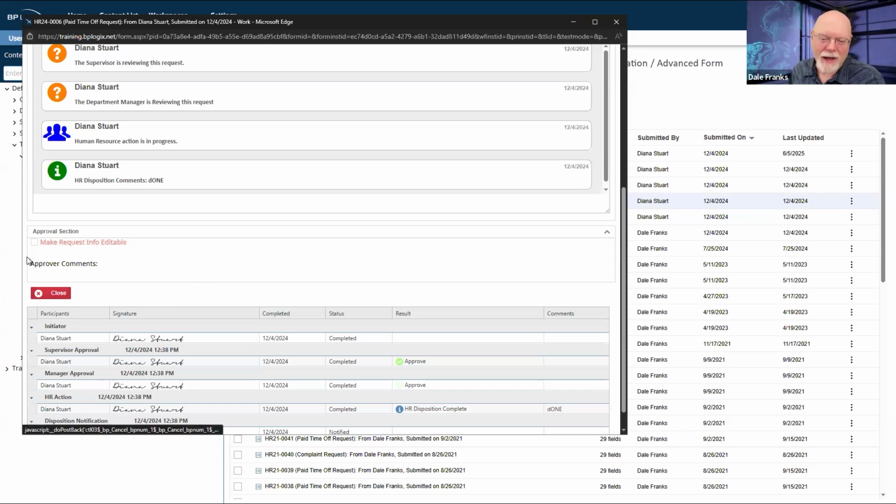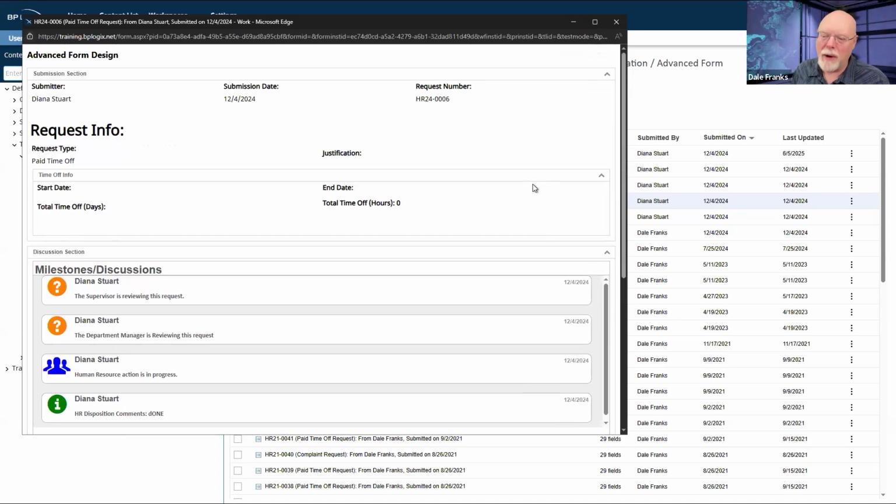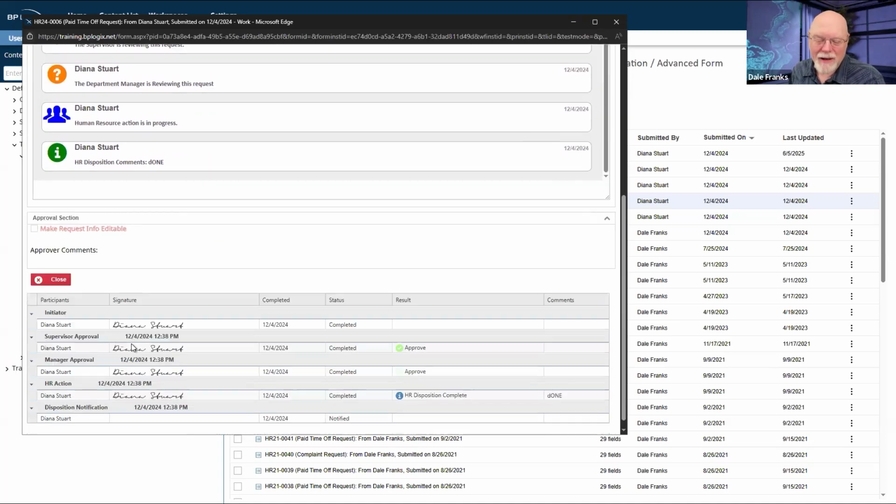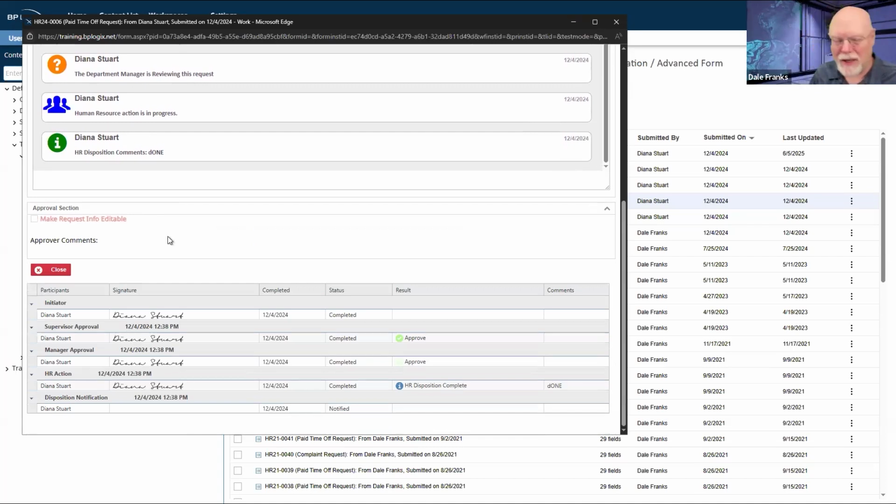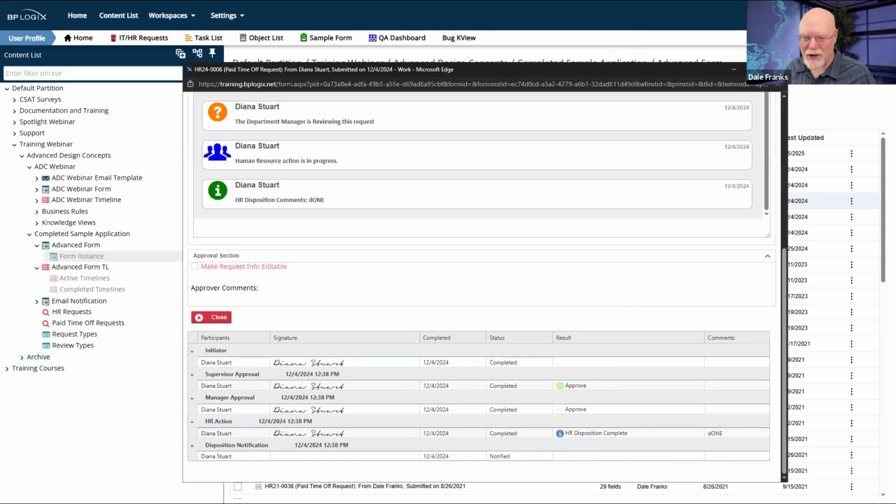So the cool thing about this is that now there's no way, even if this form did not have all of the fields disabled, and if it did not have itself set to be read only, it still won't allow me to save because I don't have a button that enables me to save. So I have really got a whole belt and suspenders thing going on here, ensuring that nobody can make any edits to this form except during the time that the form is running, and that they are allowed to make the edits to the form.